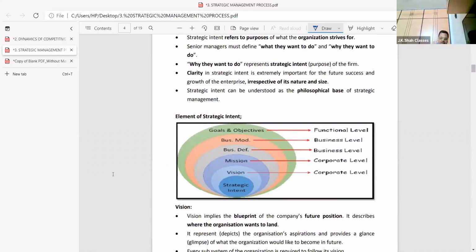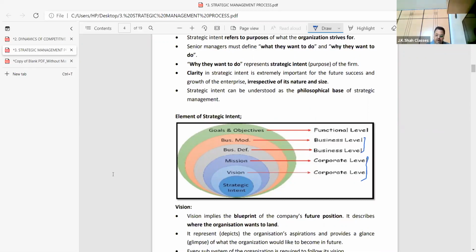Please understand. The smaller circle here says what? Intent, intention. In Hindi, if I say niyat. One child here is attending lecture just because his father is sitting at home and telling him to attend. One child says, no, I want to become a chartered accountant. One child says, no, I love the examples that sir gives us. One Marwadi child says, I love how sir calls us Marwadi and makes fun and still teaches. That's your intention. So, beta, intentions can be of people at the corporate level, business level, and functional level.